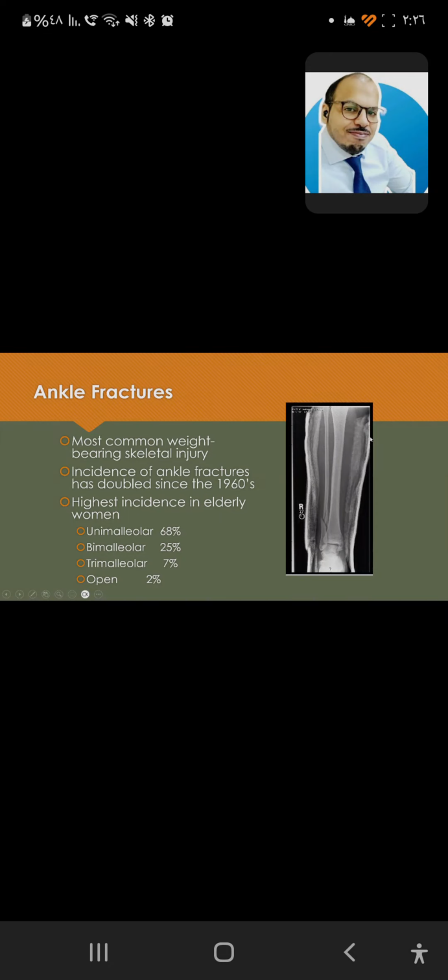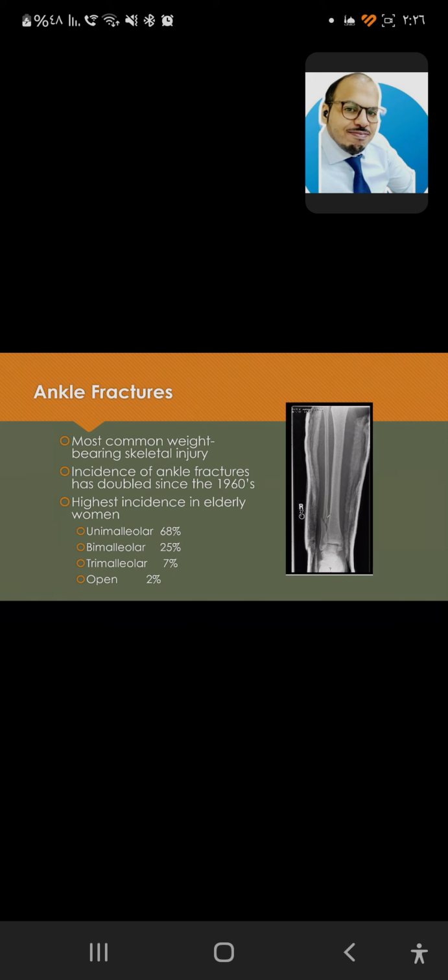طيب الانكل fracture زي يعني يبغاكم تعرفون لأنه very common. So it's the most common weight bearing skeletal injury. The incidence has increased. طبعا هذه Western numbers. The highest incidence rate is in elderly women. Usually it's unimalleolar. طيب شلون يعني malleolar؟